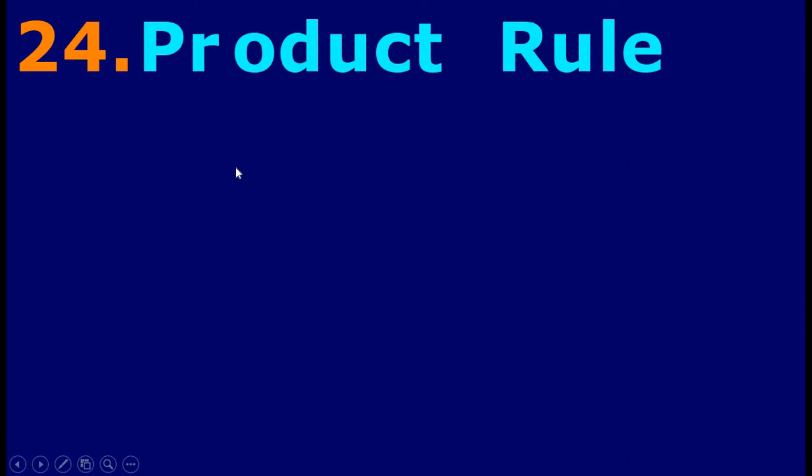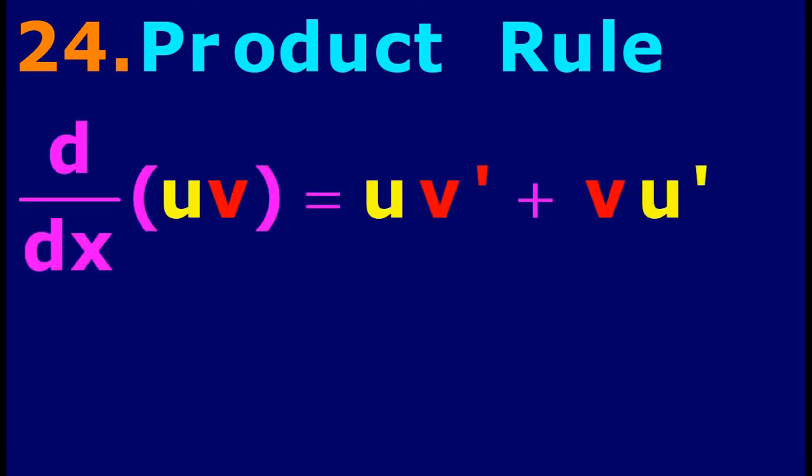So next it is product rule. So product rule means it is u into v formula. D by dx of u into v equal to uv dash plus vu dash. That is when we get two functions. So u and v both are functions only. We have to write uv dash plus vu dash. Or we can write d by dx of uv equal to uv dash plus u dash v.